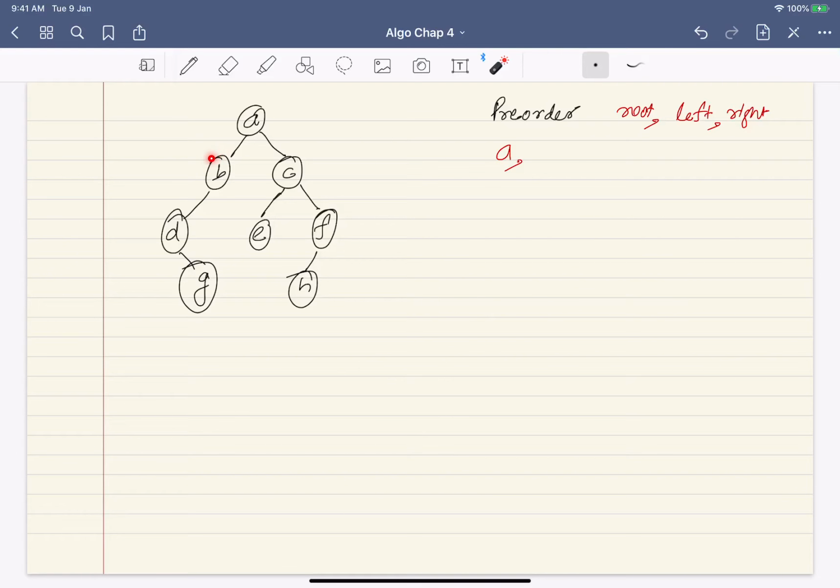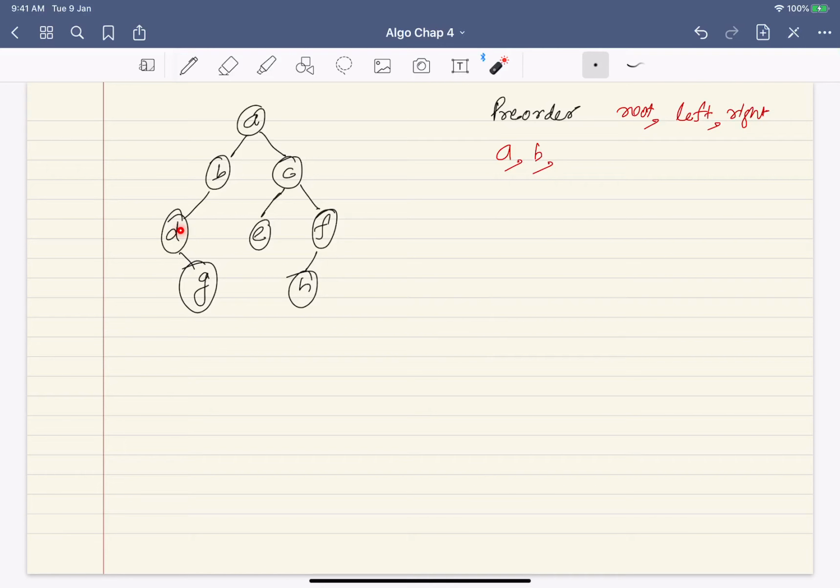Okay. So now I have to first complete left before I complete right. So in the left subtree, again I will recursively do the same thing. So for this left subtree, I'll do root, left, and right. So root is B, so I'll print B, then this is root, and what is the left? Left is D, and right is null. So again I'll go to the left, and I'll do the same thing.